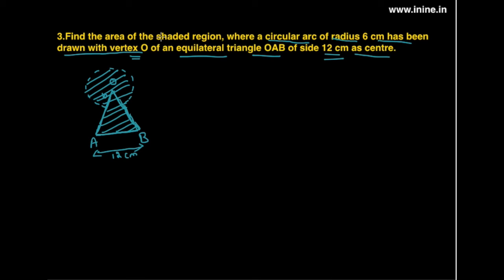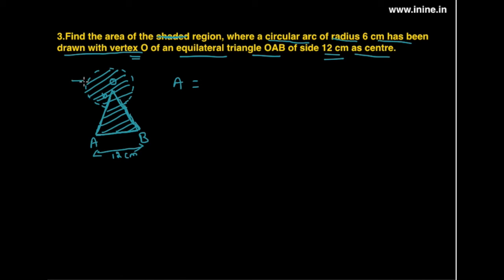So the question must be, there should be a small change in question, that is find the area of the region where a circular arc has been drawn with vertex O of an equilateral triangle OAB of side 12 centimeter as center. Okay. Now how to find this? Let us first go for generalization. Now area of shaded region is equal to